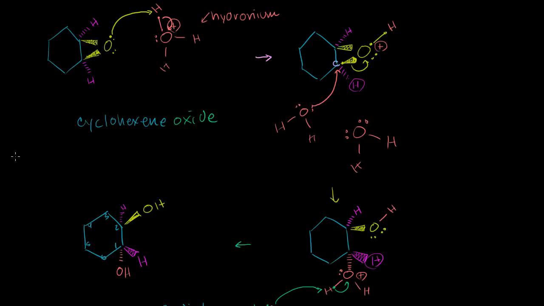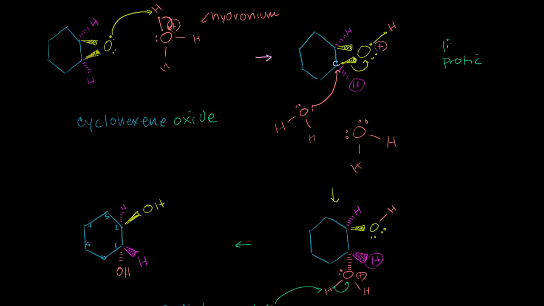I want to follow up the last video on the Sn2 ring opening of this cyclohexene oxide, because the way I explained it might have been a little non-intuitive. When we first learned about Sn2 and Sn1 reactions, we said, well, if you have an aprotic solvent with an okay leaving group, but a really good nucleophile, you'll have an Sn2 reaction. But if you have a protic solvent,